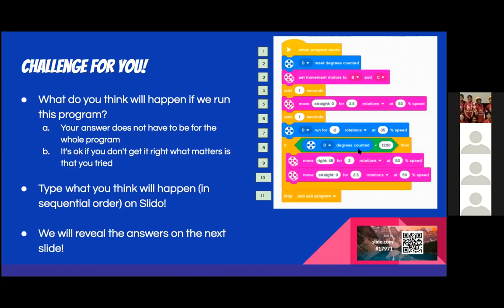When it turns that many degrees, it will move right 48 for 2 rotations at 50 speed, and then move straight for 2.5 rotations at 50 speed. And then